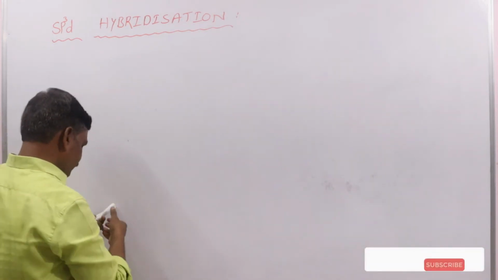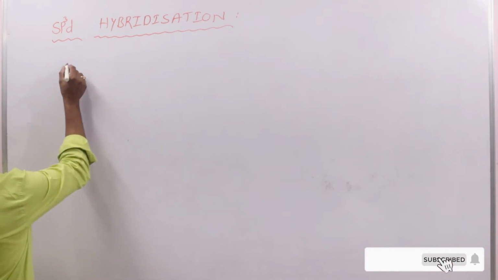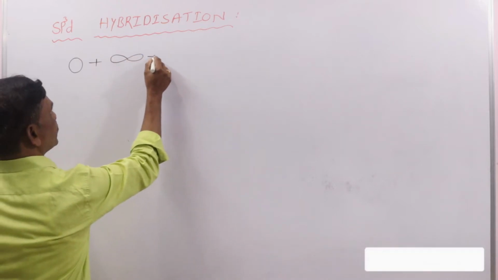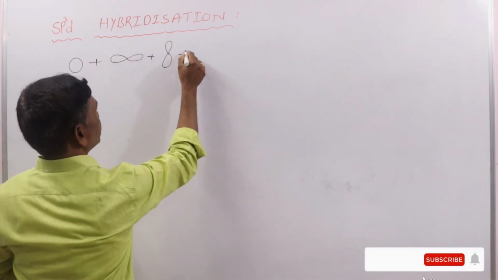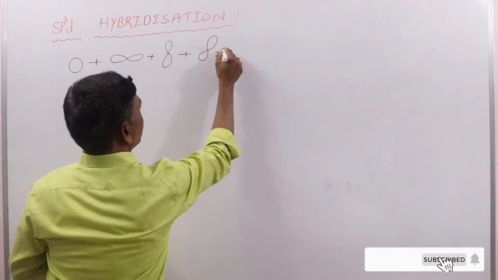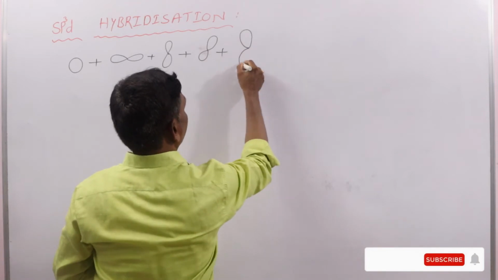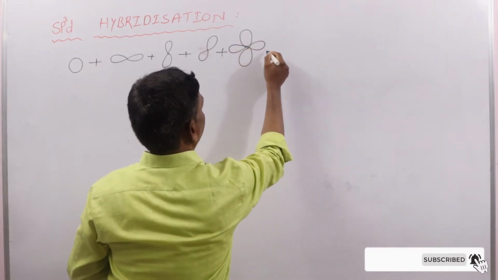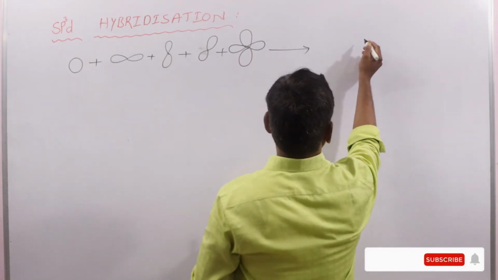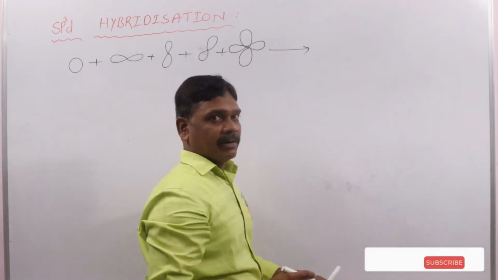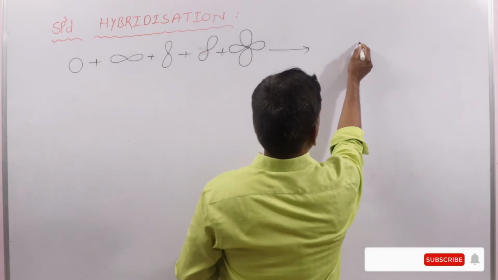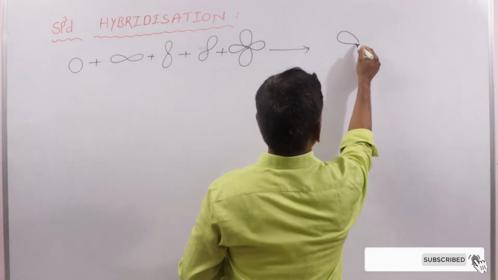Now, one s orbital, three p orbitals, and one d orbital combine to give a total of 5 sp3d hybrid orbitals. So now the hybrid orbitals arrangement is